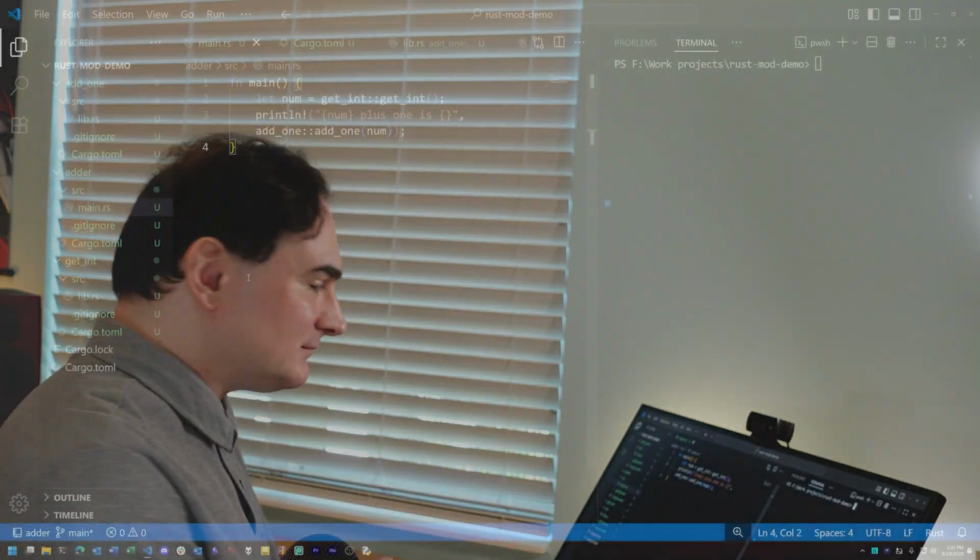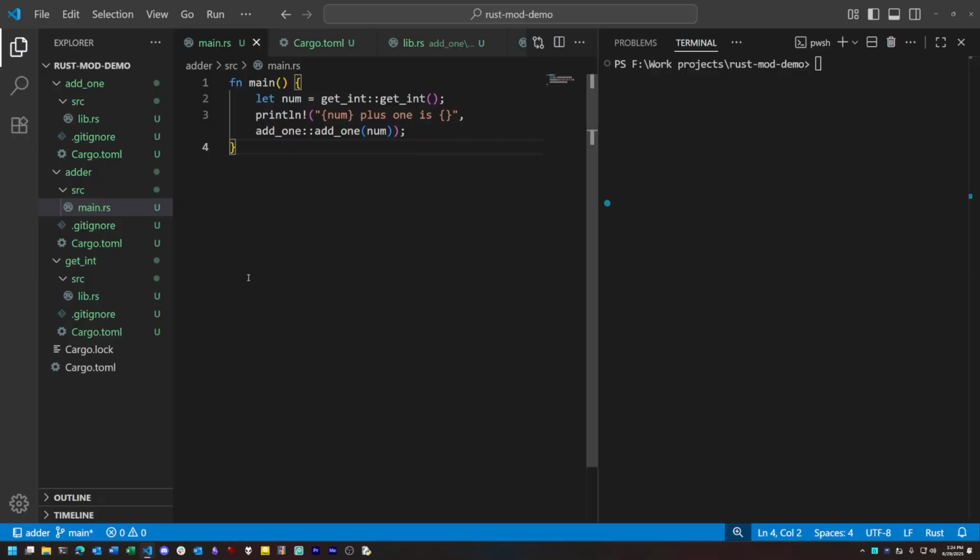Let's take a look at an example. This is an example of a workspace project adapted from the Rust documentation. All it does is take a number from the user's input, convert it to an integer, add 1 to it, and report the result. Now this project has 3 subcomponents: the main project itself, called adder, and 2 subcrates, add1